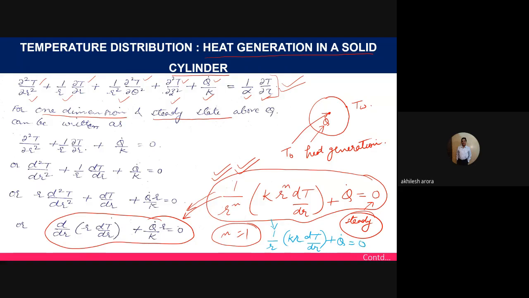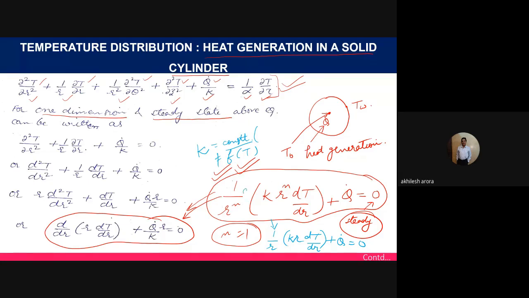And then we can consider that the value of thermal conductivity, that is the value of k, is constant. Okay, k is not varying with respect to temperature, or with respect to time also. Okay, so k is constant, so it's not a function of temperature. Okay, or it's not a function of space coordinate. Okay, so that is why we can take it out of the differentiation part.